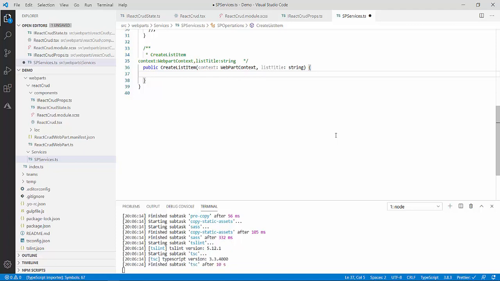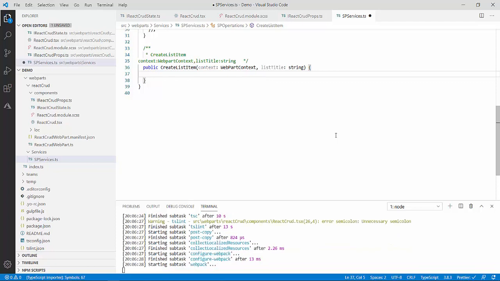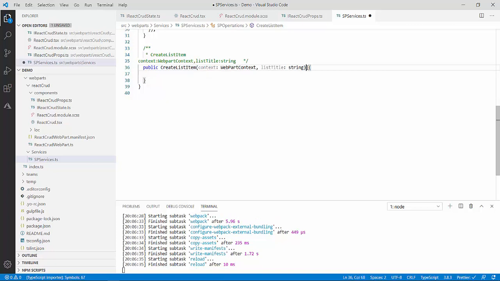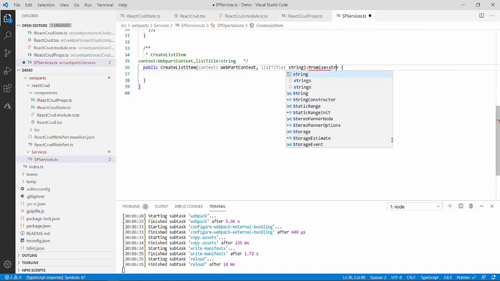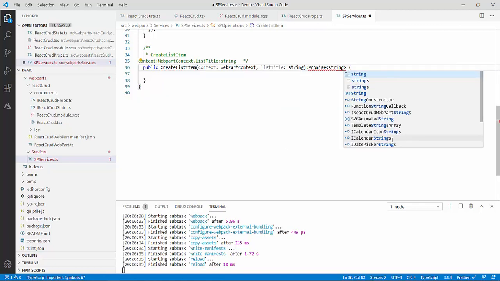Now this time, whatever the return type will be, I will handle it from the beginning only, because I have explained a little bit of the concept in my first method. I told you over here my item will get created and then a message will be returned that item created successfully. So definitely my promise return type will be string and it will not be an array, it is a simple message. So this is my return type.